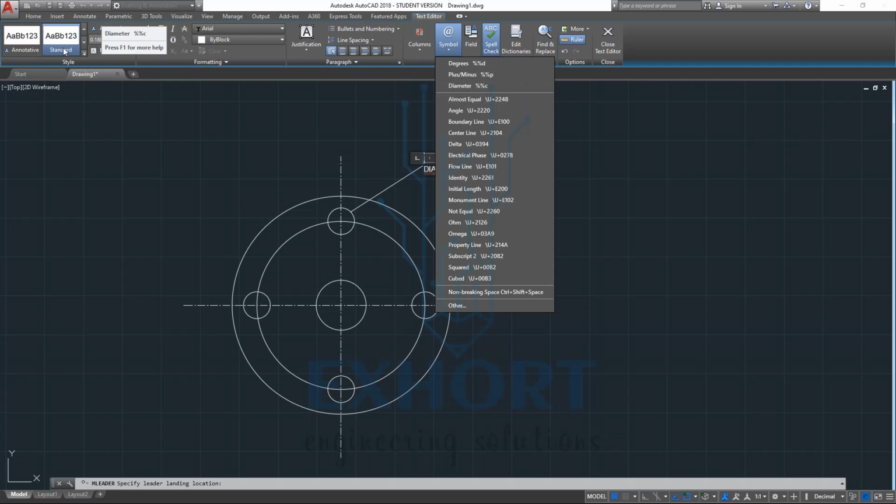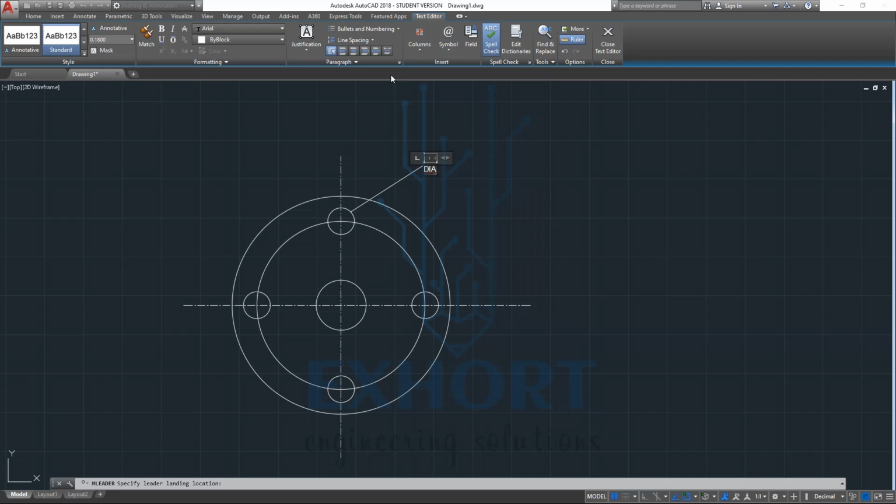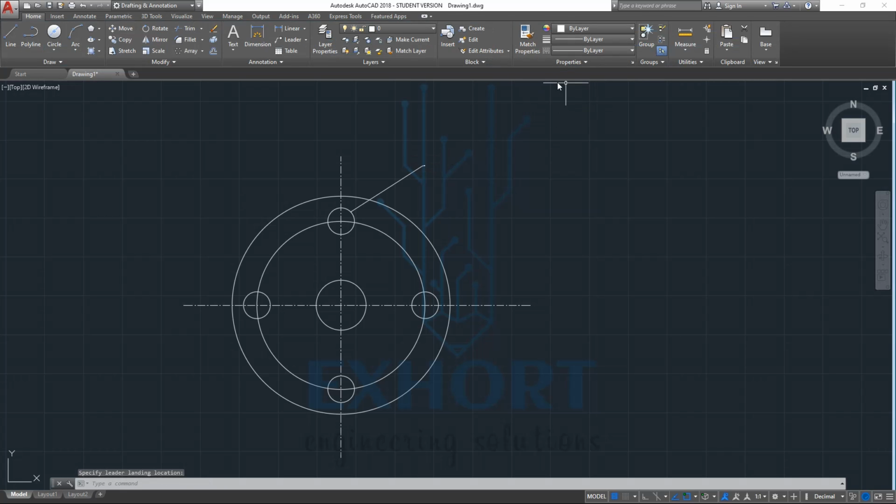From here we can choose our line type and text. Also from here we can align it left, middle, or anywhere we want. If I want to check the spelling, we select it and our spelling is checked. So I will now close this.